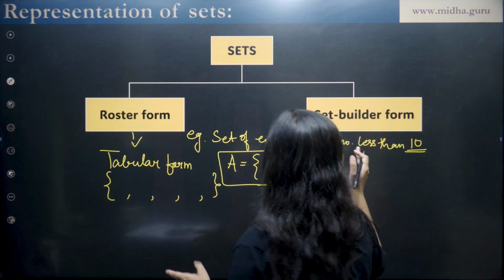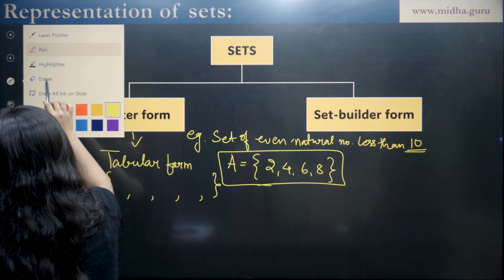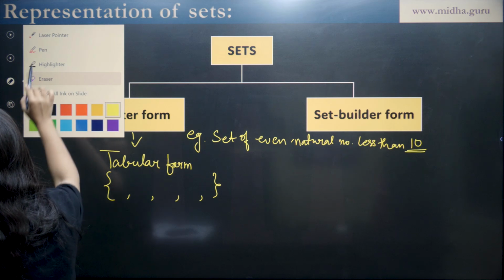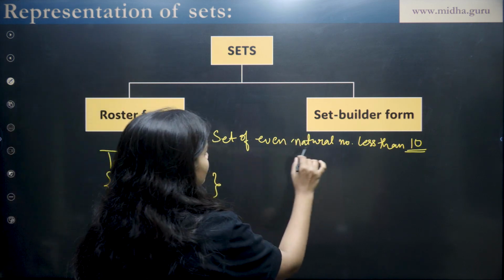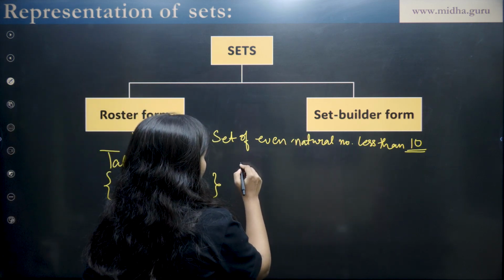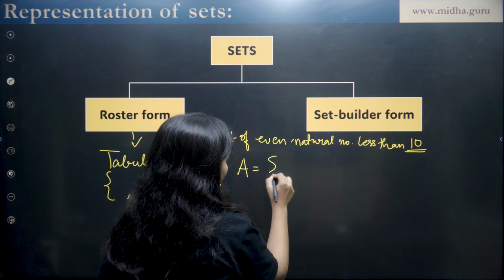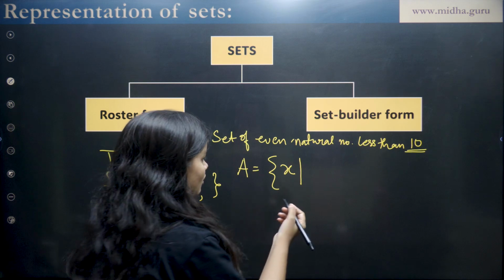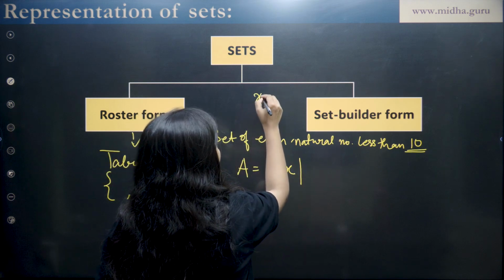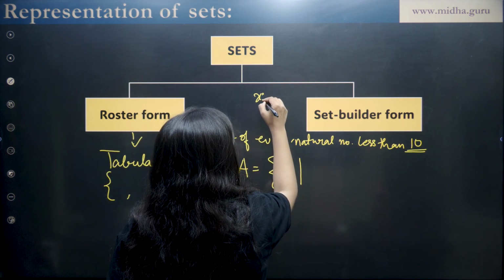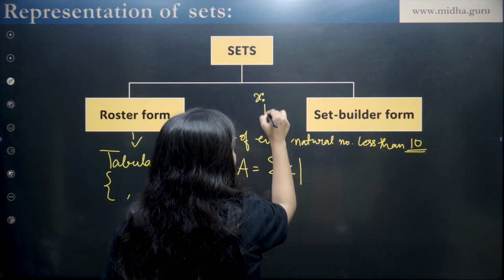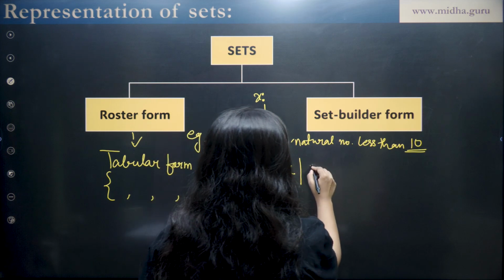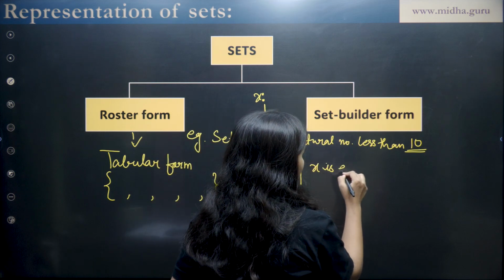Like set of even natural numbers, taking this example only in set builder form, let's try to answer it. So set of even natural numbers less than 20. So let us take a set A, a variable X. This sign represents "such that", either this colon sign or this pipe sign represents "such that". Okay, so X such that X is even